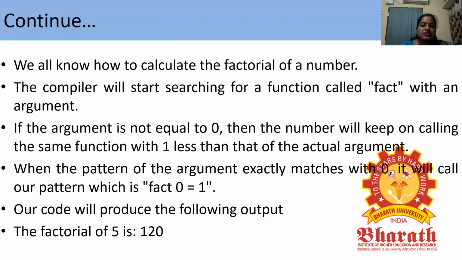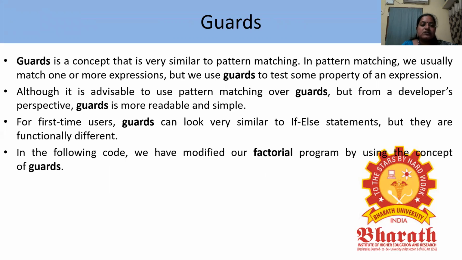Factorial of 5 is 120. Next one, guards. So guard is a concept that is very similar to pattern matching. Both guard and pattern matching are similar only, because here instead of writing that condition, you can use that pipe symbol. In pattern matching, we usually match one or more expressions, but we use guards to test some property of